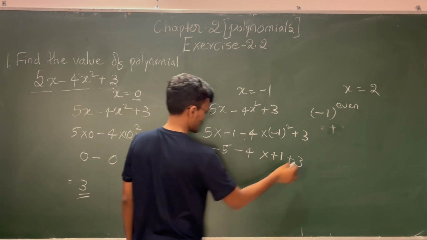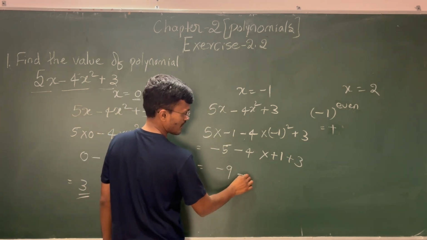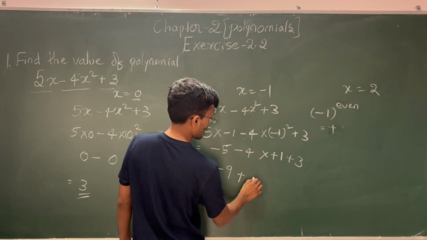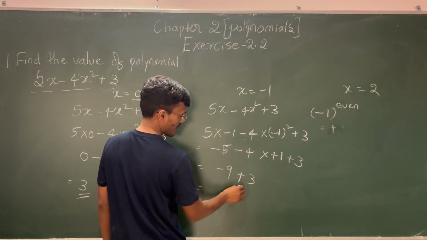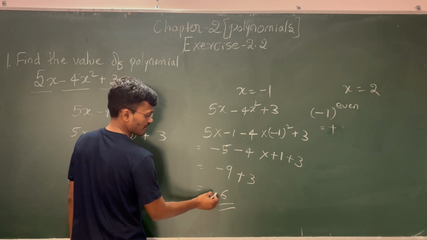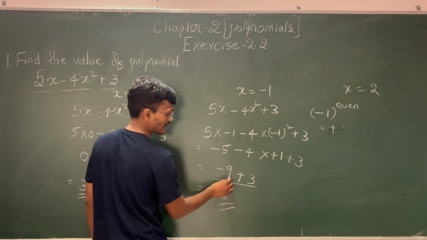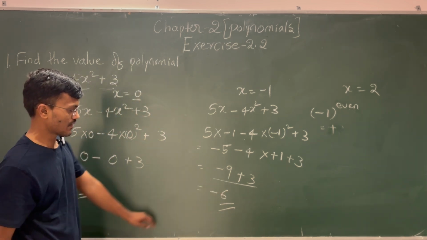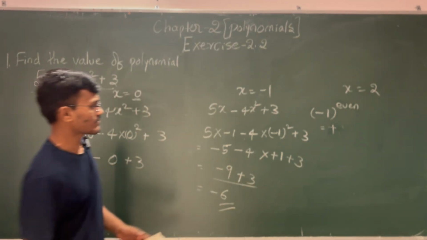So now plus 3. Minus 5 minus 4 is minus 9, plus 3. So minus 9 plus 3 is minus 6. Why is it minus 6? Because among these two terms, the greater number has a minus. So for that reason, here there is a minus. Next we will move on to